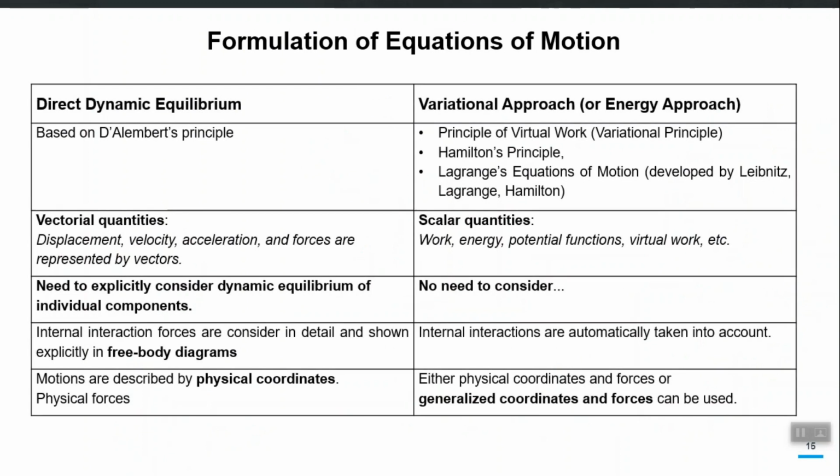So we will start the variational approach, or energy approach, for formulating the equation of motion, because this pattern of mass matrix with diagonal values and K matrix with diagonal values will work only for a multi-story stick building. It will not work for, let's say, a structure like this: I have a mass m supported like this,